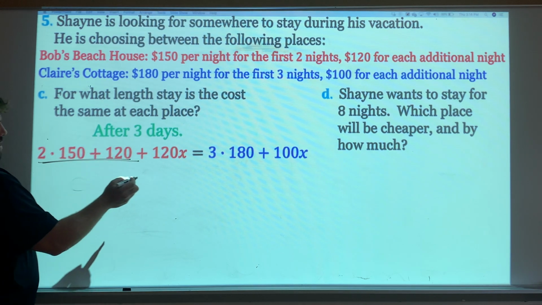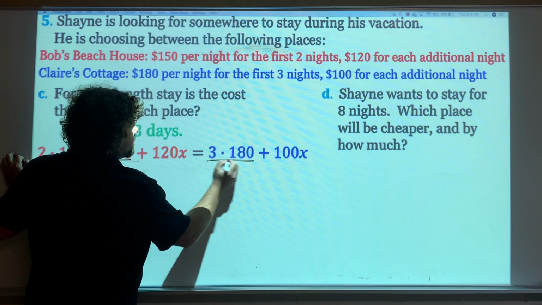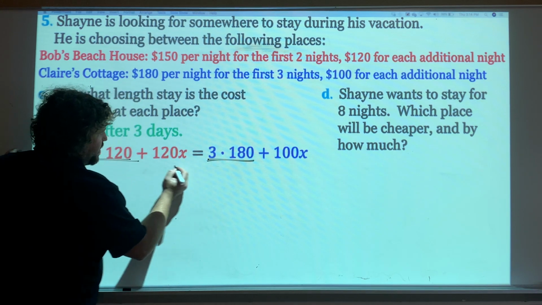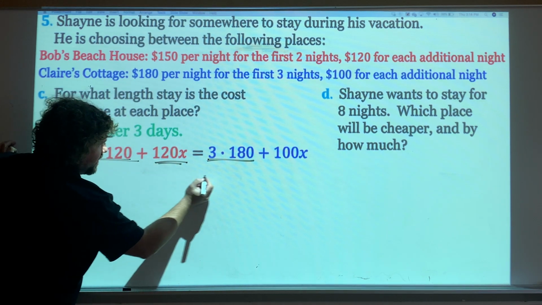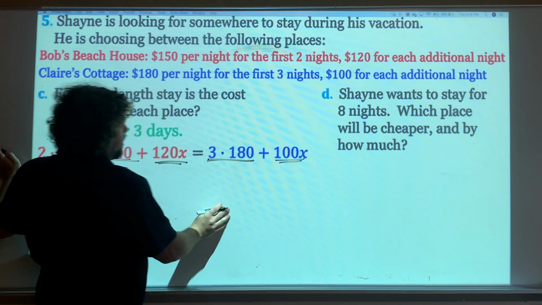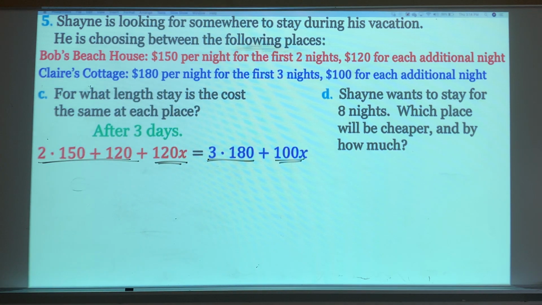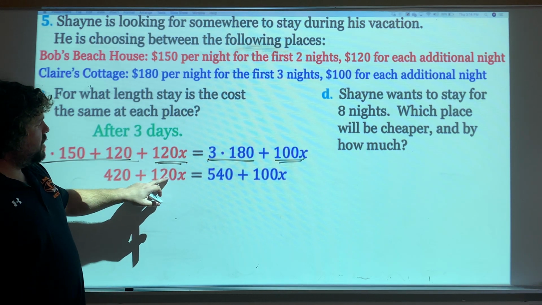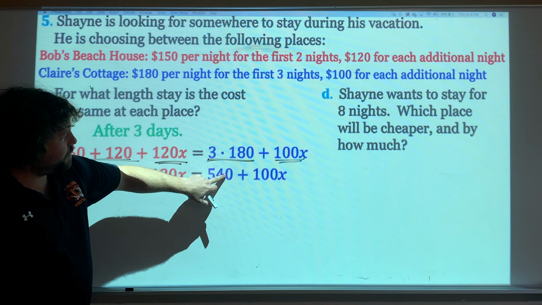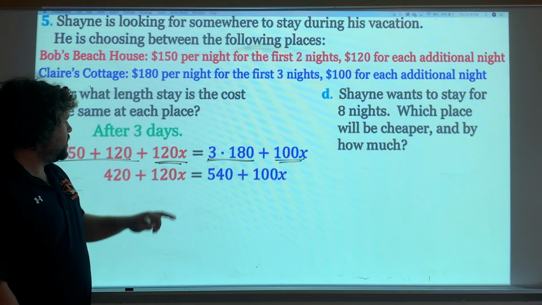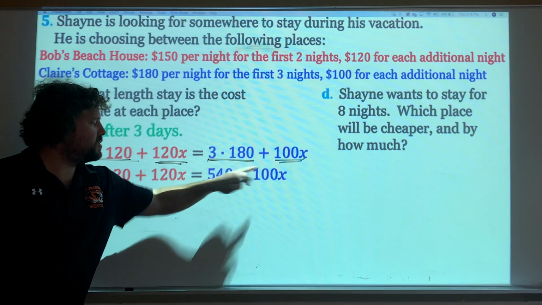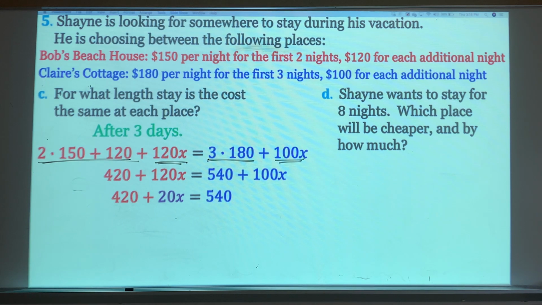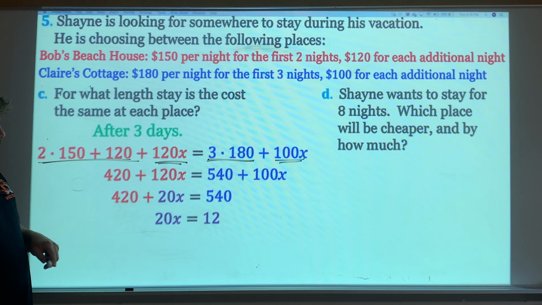So this is the first 3 days here. First 3 days here is 3 times 180. But then, this is where it changes. Every day after that, from the 4th day on, this is 120x, the other one's 100x. So now when I do this, 300 plus 120, that's 420 plus 120x, equals 540 plus 100x. Subtract 100x from both sides, you get 20x. Subtract 420 from both sides, you get